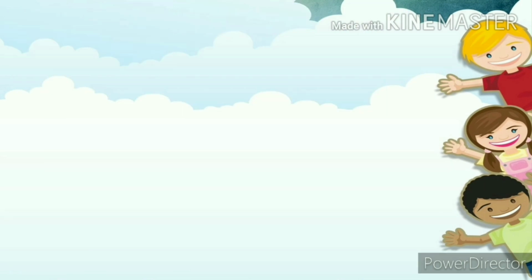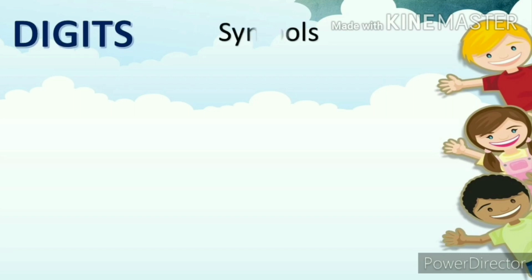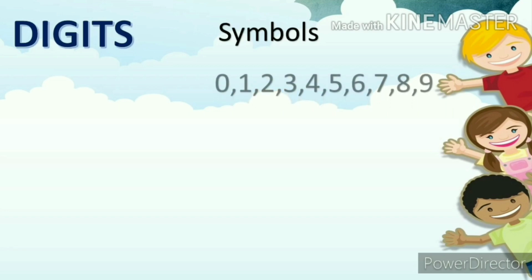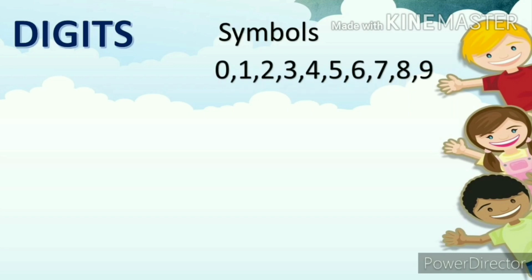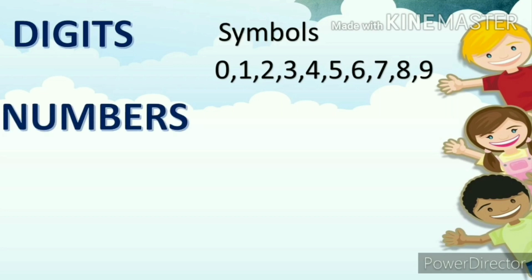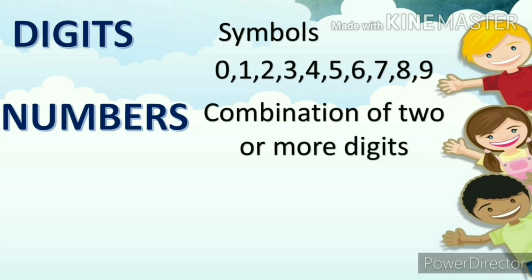the number. What are digits? Digits refers to the symbols that are used for creating numbers, such as 0, 1, 2, 3, 4, and so on up to 9. Then what are called as numbers? Numbers refers to the combination of two or more digits together. Combination? Does combination mean addition? No. Combination here refers to placing two or more digits together and that creates a number.